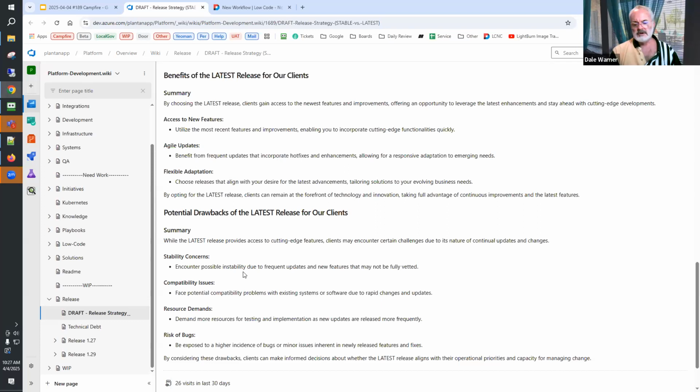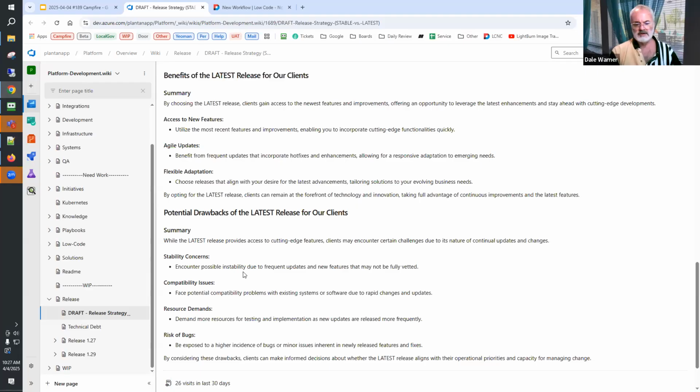So that would become an alternating, regular pattern. The next release, 129, would end up being a stable release with everything from 127 and everything from 128, at that point a complete roll up, all tested together.